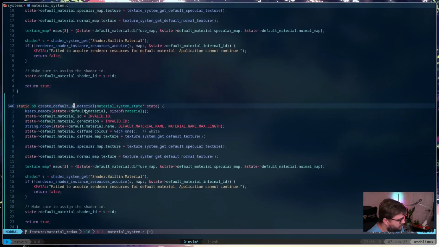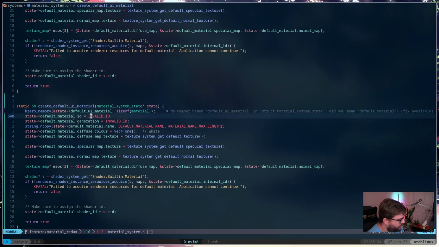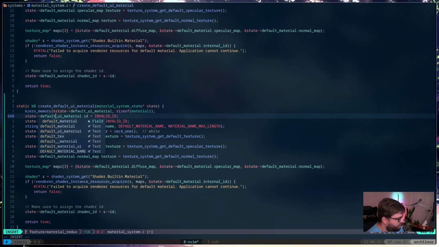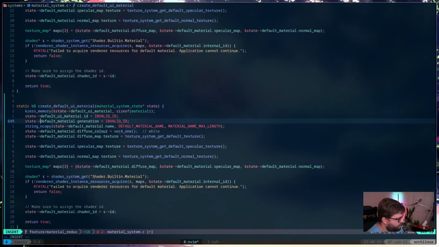Default UI material. Default UI material. Default UI material.